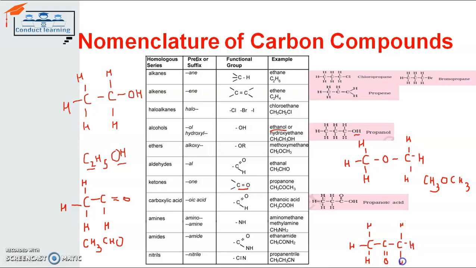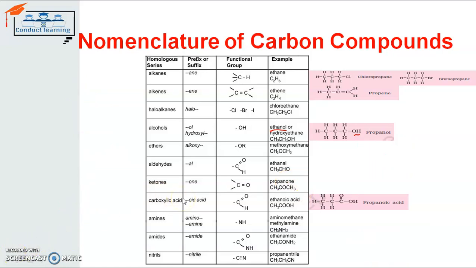So this is the structure diagram for propanone, and the chemical formula becomes, this is the first carbon atom, having 3 hydrogen atoms with it, so it becomes CH3. The center one is a functional group, so it will be only CO, and the last one also has 3 hydrogen atoms with it, so it will become CH3. So this is how it will be, right. So this is for propanone.